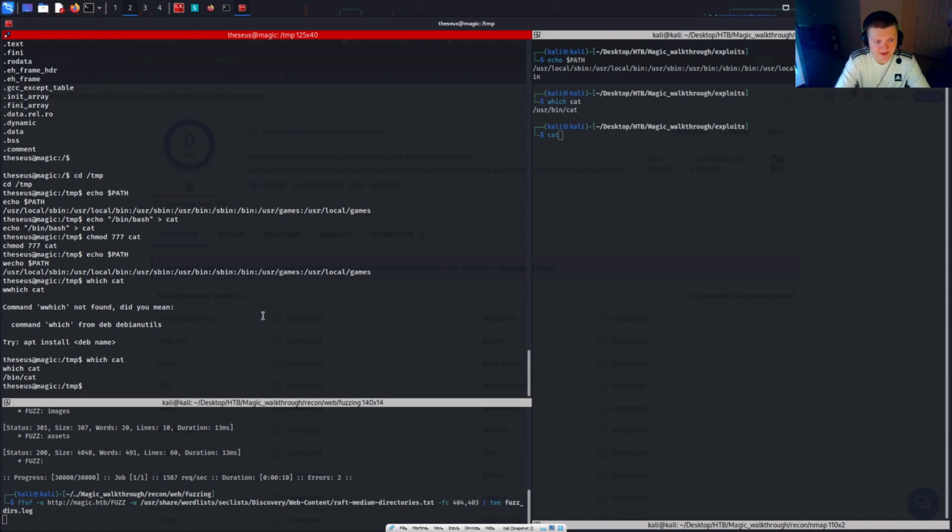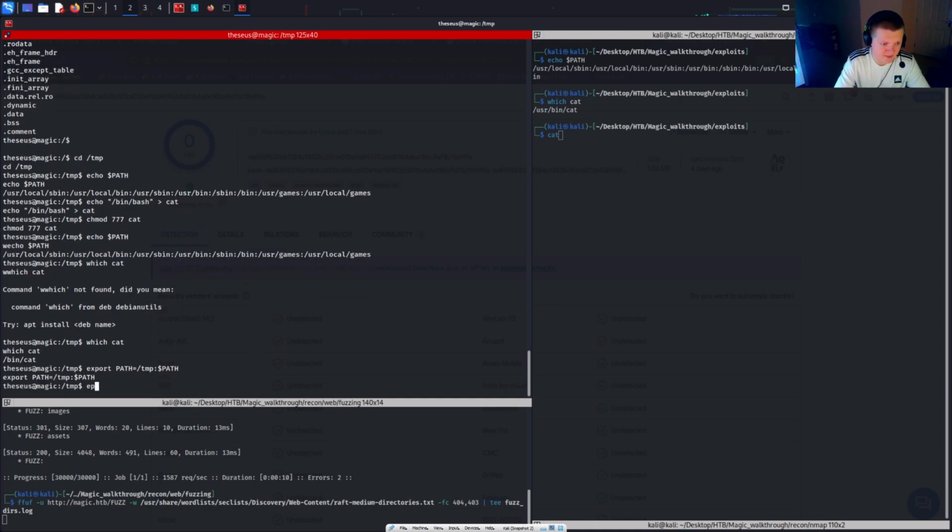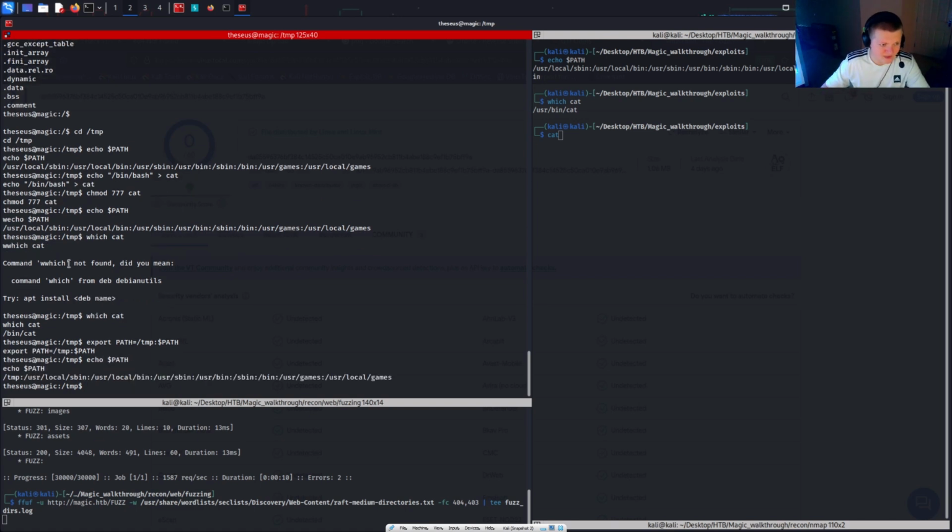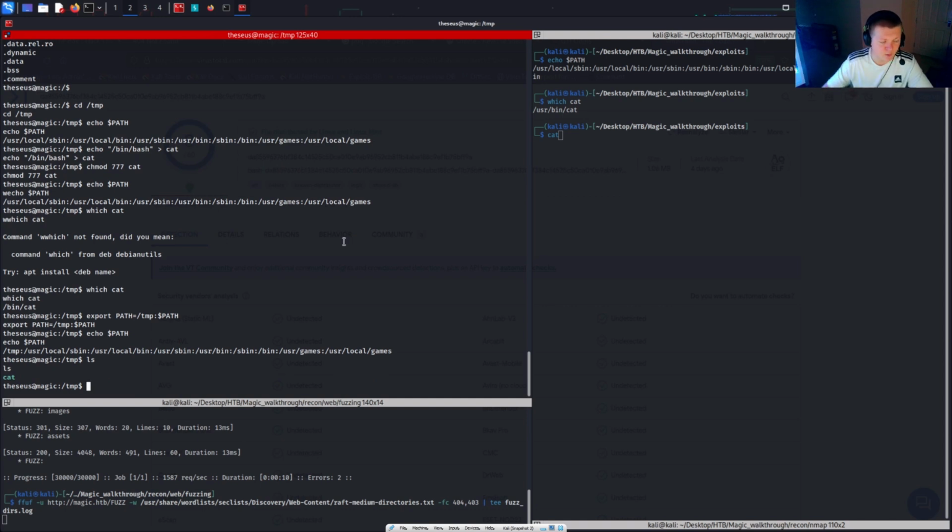What I can do is add my own directory to this. So let's just do this real quick, and then I'm going to export. I'm just going to echo path now. Echo path. We can see I've added the temp directory to the top of the path environment variable, and if we go ls in the temp directory, we've got that cat